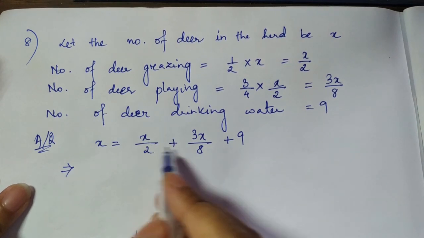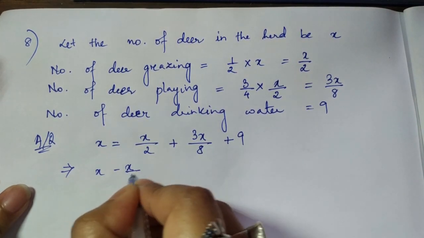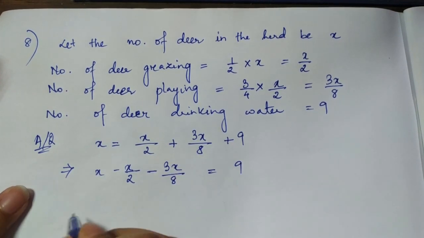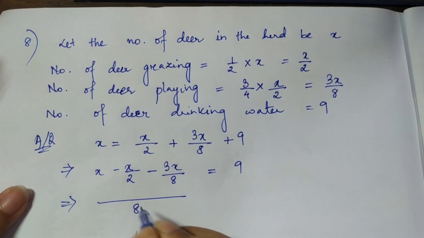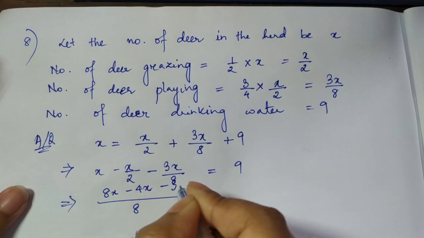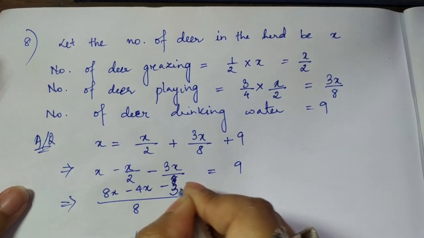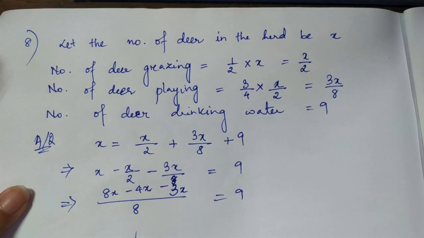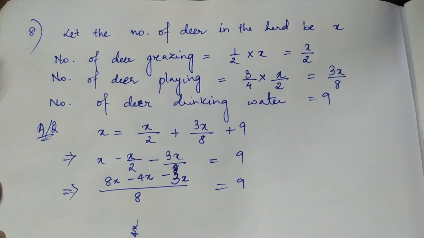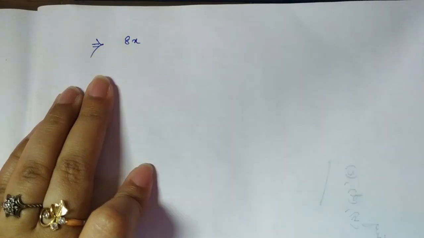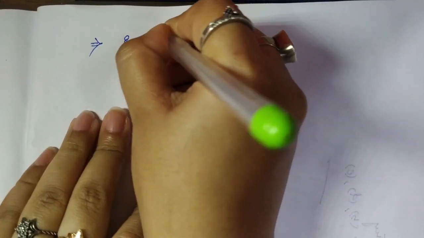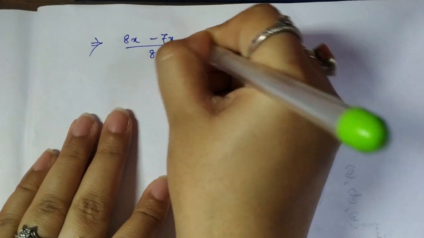Now see, this has the variables, so can I bring it to this side before doing LCM and all? Let it be. The LCM of this gives me 8, so it will be 8x minus 4x minus 3x, sorry. This will be minus 3x equal to 9. Okay. Now let us go to the remaining part here. So continue with this. We'll solve this one now. So the next step, 8x minus 4x minus 3x, that is 7x by 8, is equal to 9.